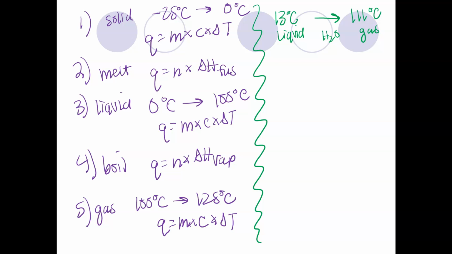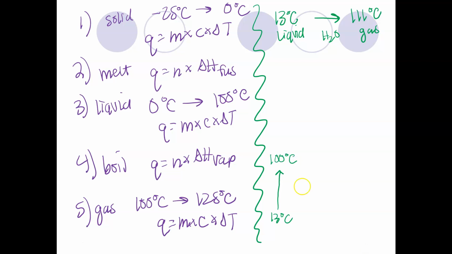Okay, so we've got to think through the steps of this. I've got a liquid at 13 degrees Celsius, and I need to make it become a gas at 111 degrees Celsius, and I need to figure out how to calculate that. Well, I'm going to kind of map it out. I'm at 13 degrees Celsius, and I'm a liquid. What's the warmest I can make water and it still be a liquid? In other words, when does water become another state of matter? Well, if I'm warming it up,